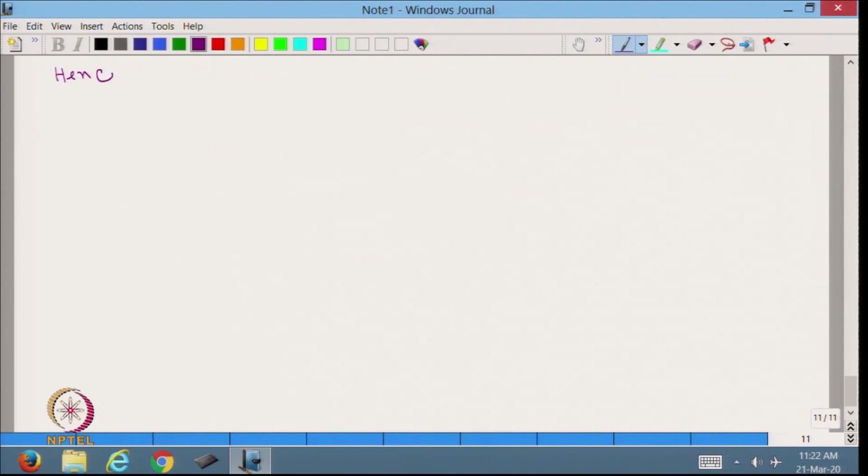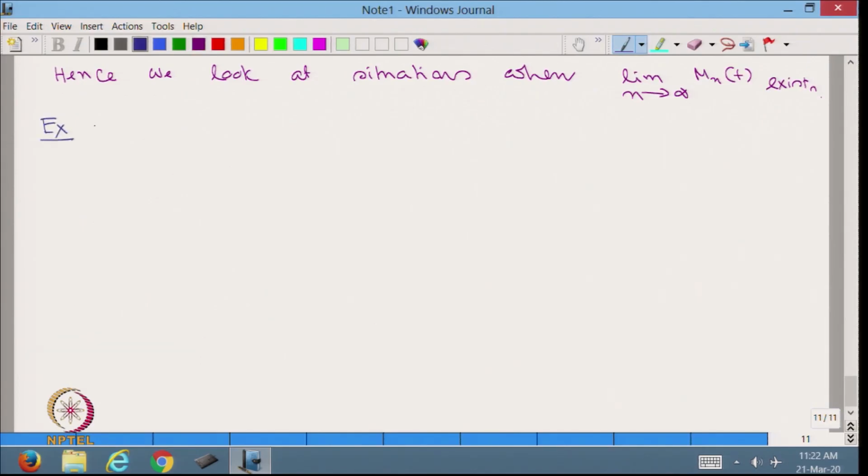Hence, we look at situations when the limit as n goes to infinity of M_n(t) exists. Example,